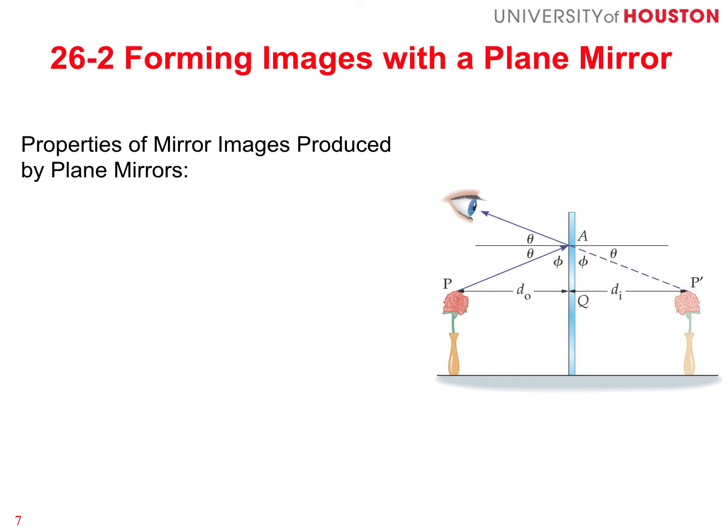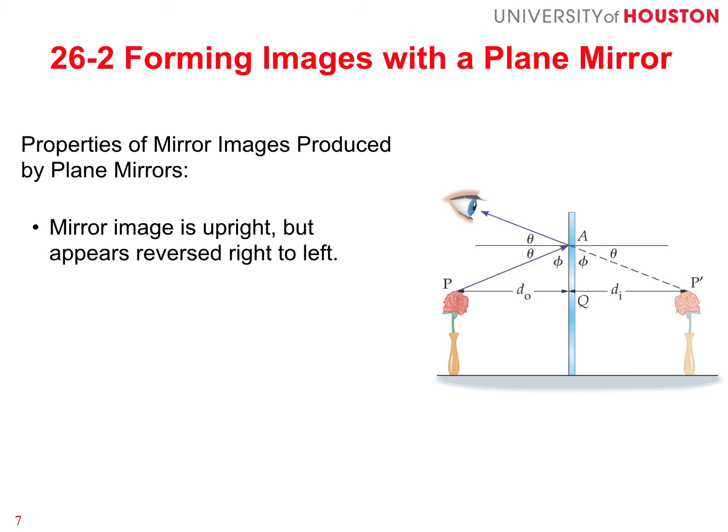Regarding the properties of the image at P dash, the first property is the mirror image will be upright, but it will appear reversed right to left. One can see an example of this when one looks at the mirror with some text on their clothing. You will see that the text appears